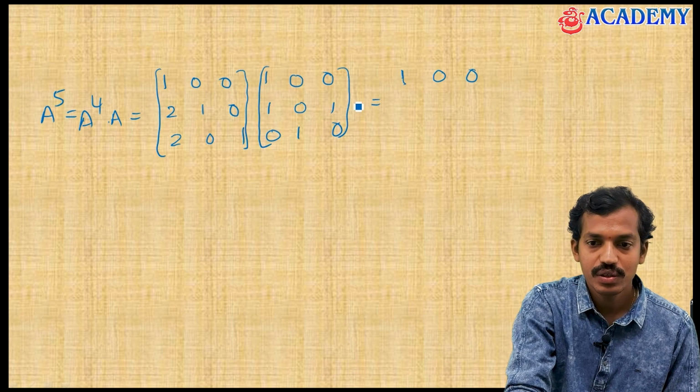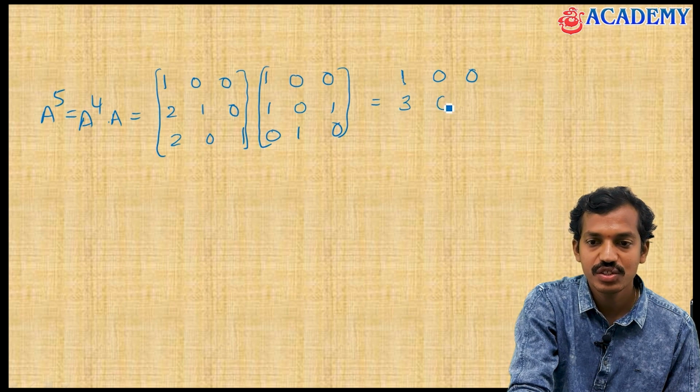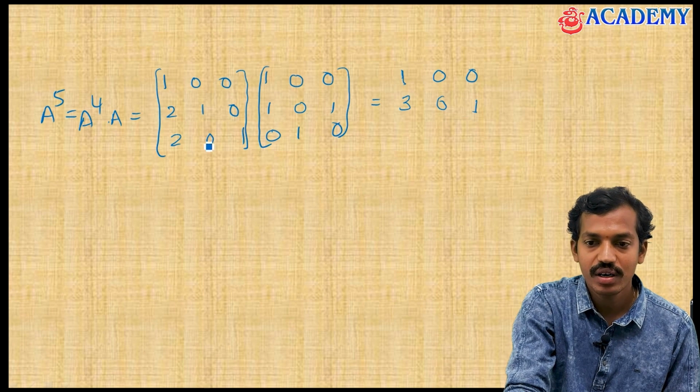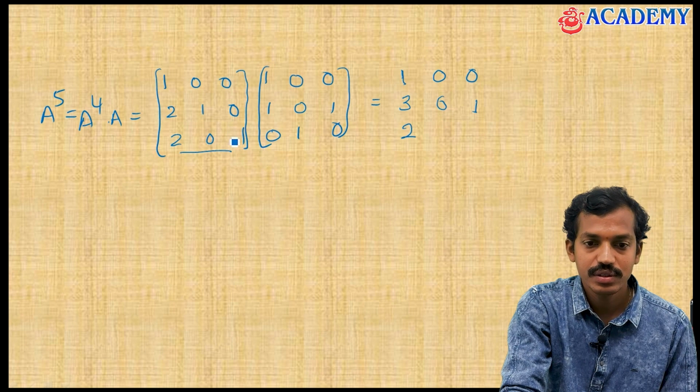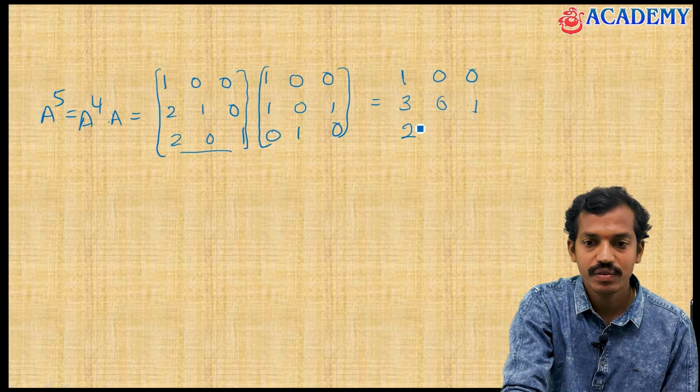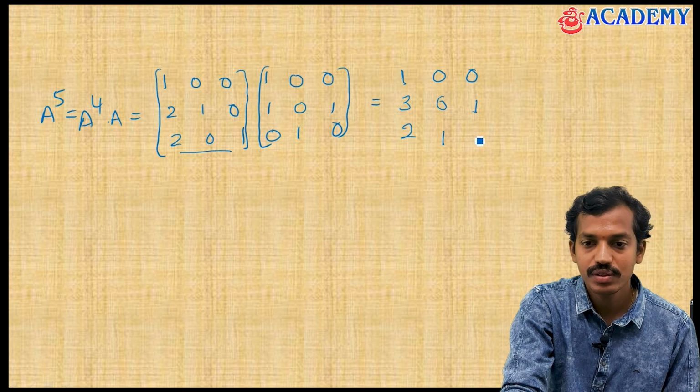Next 2 into 1, 2 plus 1 into 1, 1, here you are going to get 3. Next 2 into 0, 0, 1 into 0, 0, 0 into 1, you are going to get here 0. Next 2 into 0, 1 into 1, you are going to get 1. Next here 2 into third row with first column, 2 into 1, 2 plus 0 into 0, 0 plus 1 into 0, 0, you are going to get 2. Next 2 into 0, 0, next 0 into 0, 0, 1 into 1, you are going to get here 1. Next 2 into 0, 0, 0, you are going to get 0.